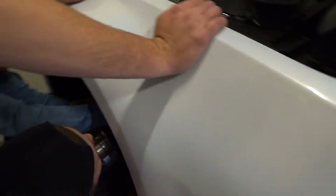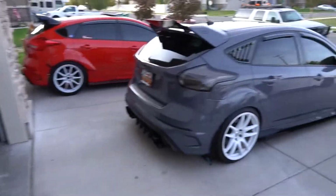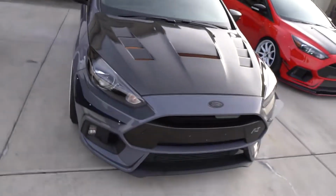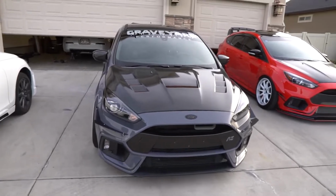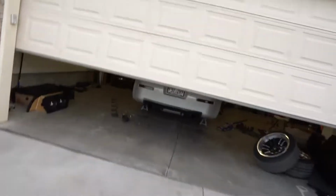Do you guys want to see Alex's car really quick? Let's go look at Alex's car. Oh my gosh, what do you know? It's like they're friends or something. Got the gray RS and the ESRs. Carbon fiber hood. Tuned by Graveyard Performance here in Salt Lake. We'll do a build overview on this car soon, but...